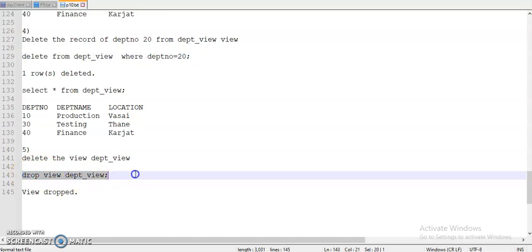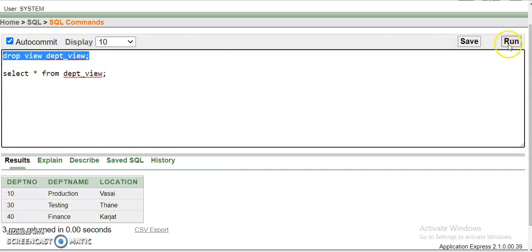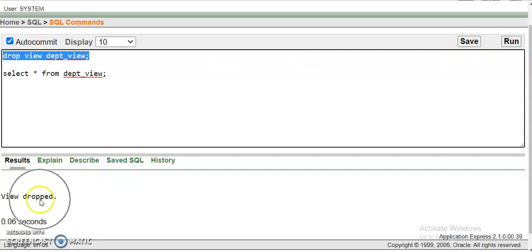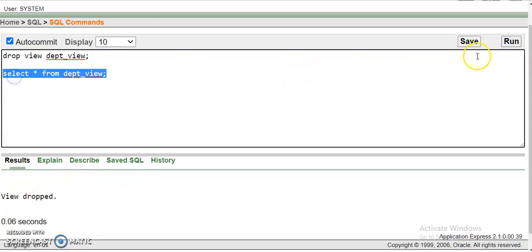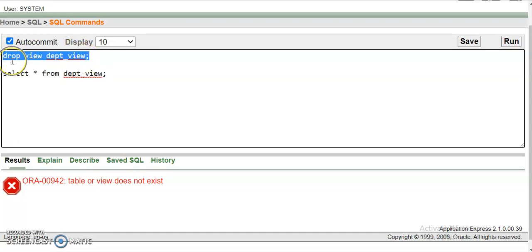So to delete the view, we can use drop command, always remember that. So here I will drop this, drop view, view name that is depth view, view is dropped. If I select star from depth view, so this view does not exist because we deleted it from the memory, right, by using drop command. So this is the answer, drop view depth view.